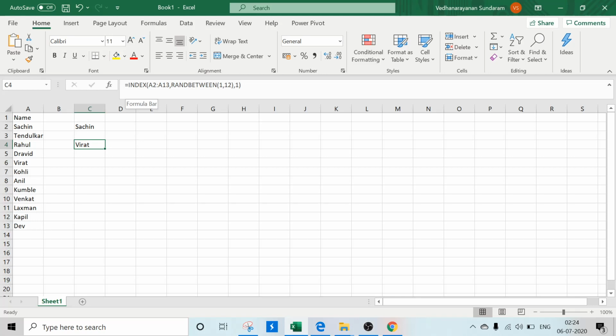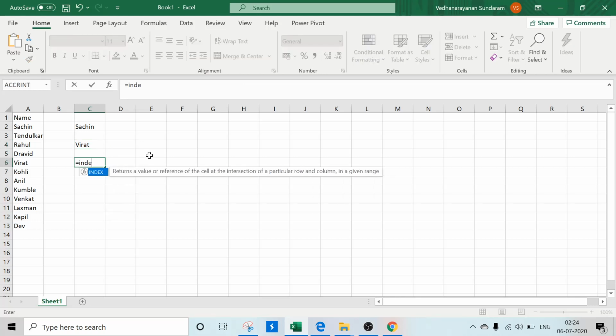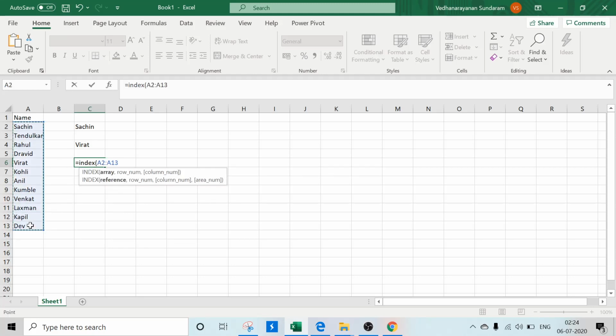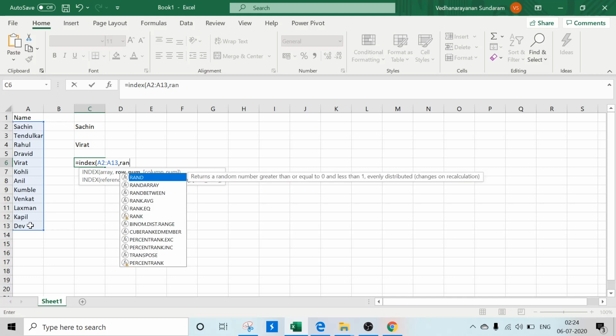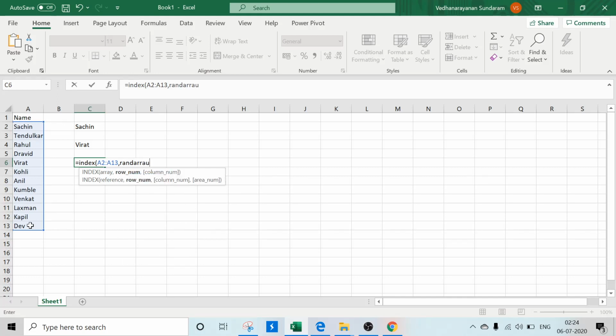We can also use a randarray. Index, the selection array, and randarray. Here I need to return 1 row, 1 column. The minimum value is going to be 1. Now what is the max? We can give 12 over here, 12 over here,